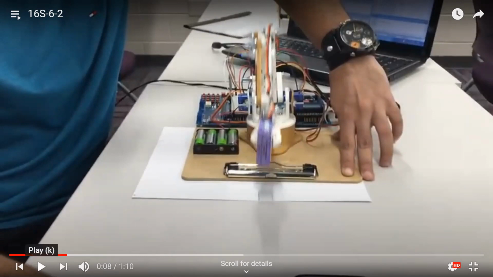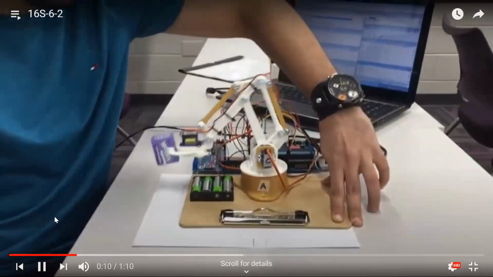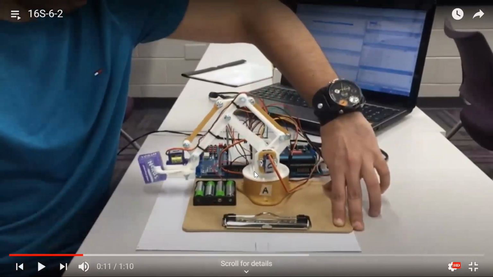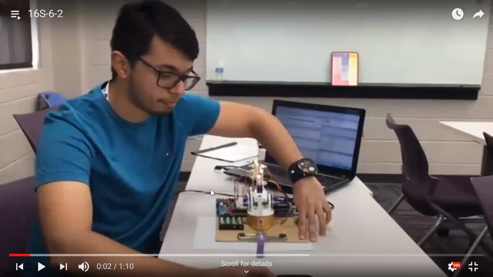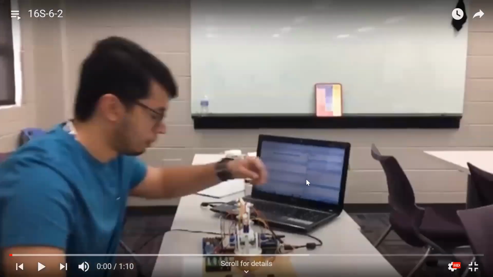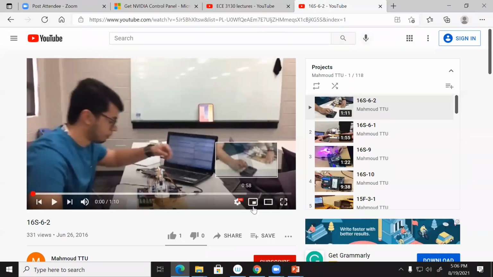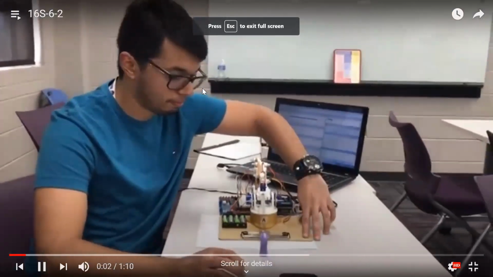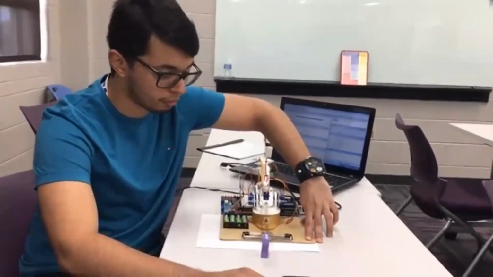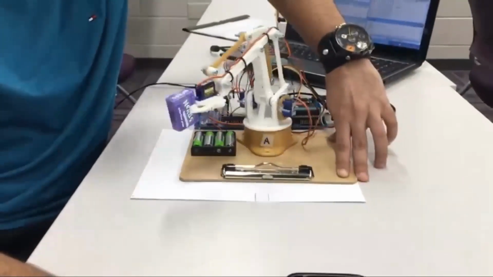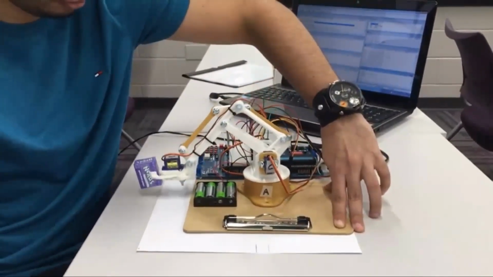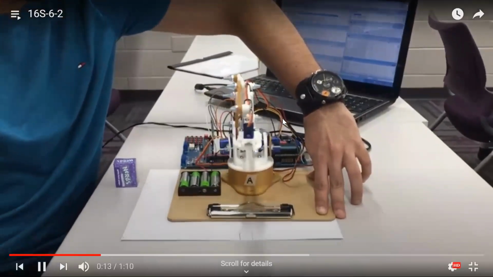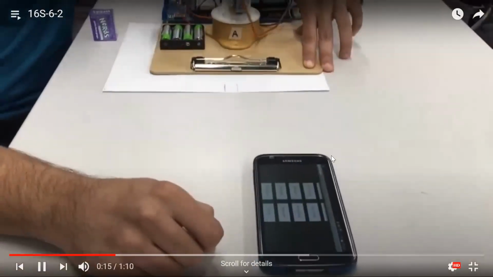The interesting part here is using a smartphone. You can see we have some stepper motors here, and he is controlling them using his phone via Bluetooth. As you see, he is remotely controlling it, moving this way and then clicking and moving that way. Very interesting project, using the phone here.